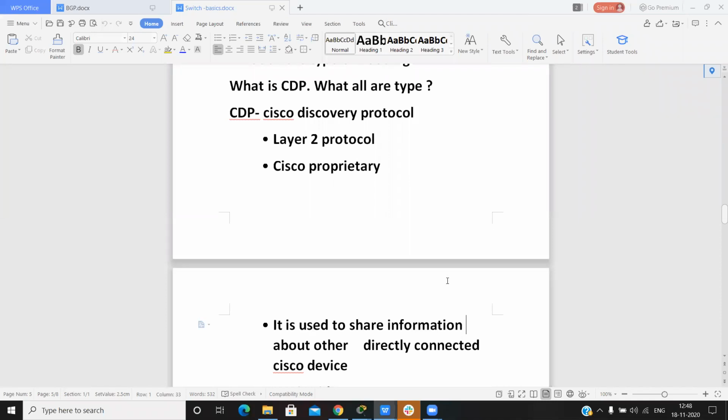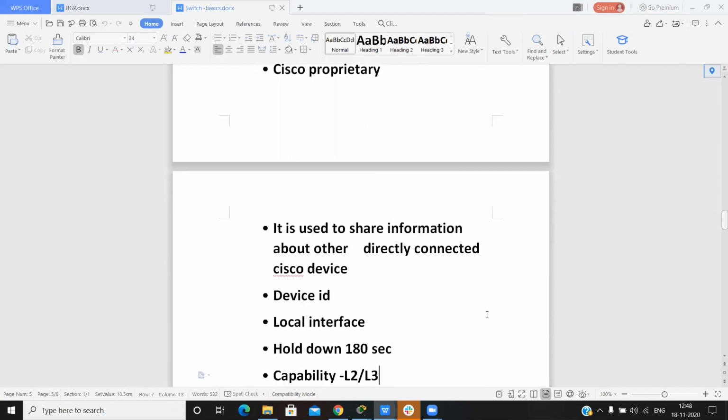CDP, Cisco Discovery Protocol. This is a layer 2 protocol and Cisco proprietary, and it is used to share information about other directly connected Cisco devices, either router or switch.